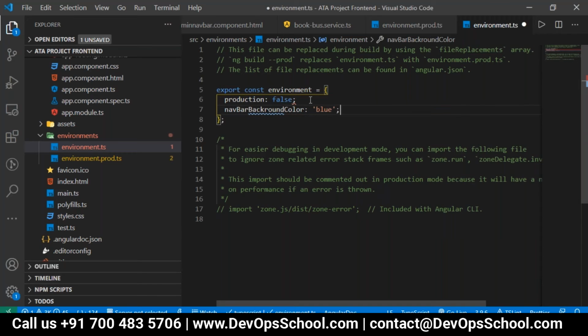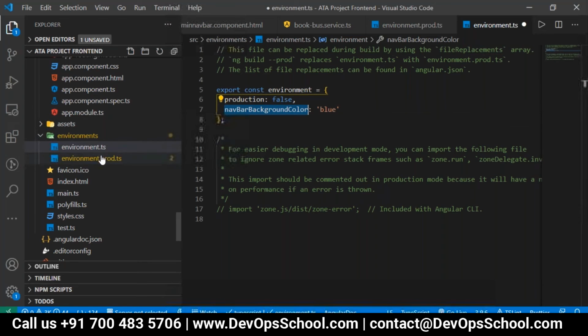I just give it as blue. So this is one property which we have configured. Whenever you do the building of your application in the development mode, wherever we have used this nav background color, it will be picked from here itself.